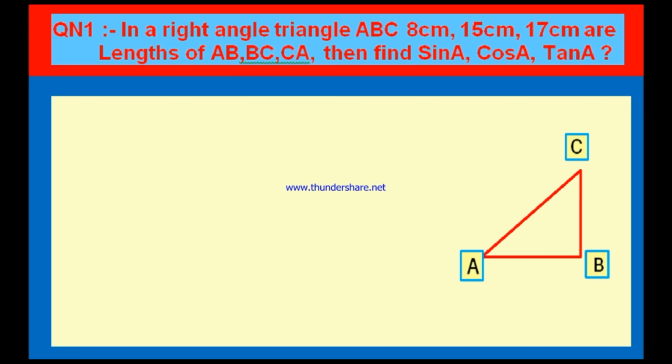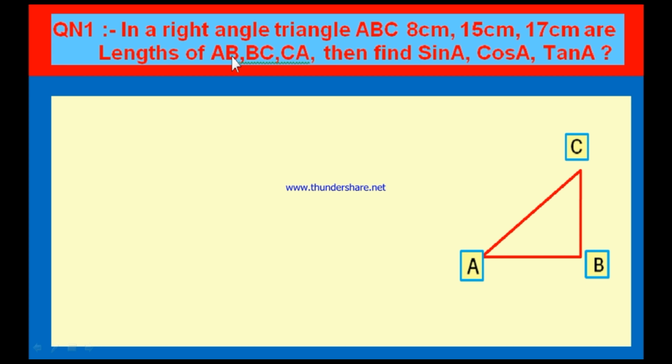Here you should draw a right triangle as a right triangle is given. And it is also given that the side AB is equal to 8 centimeters, the side BC is equal to 15 centimeters and the side CA is equal to 17 centimeters. We know that in any right triangle, the longest side is hypotenuse. Here, out of the three values, which value is more? Good. 17 centimeters is greater than the other two values. Therefore, the length of the hypotenuse is 17.